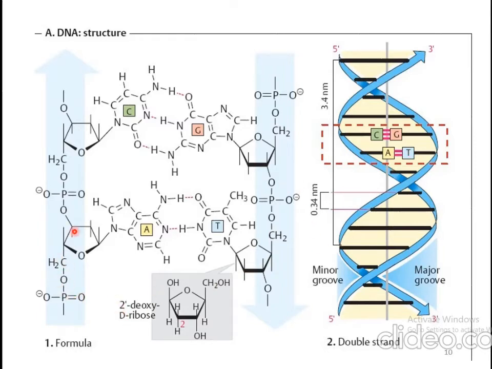These are the phosphate bonds that are attached with this pentose sugar, and these are the nitrogenous bases. You can see with the letters A, T, C and G. Here you can see guanine is base paired with cytosine. These are the two helices or the two strands of the DNA. In one DNA strand the base is G, guanine, and in the other strand it is C, cytosine.